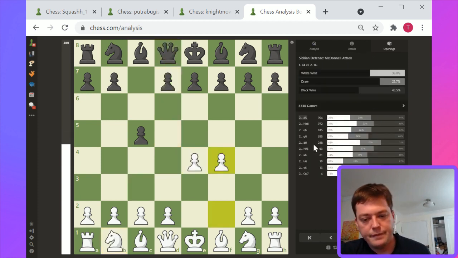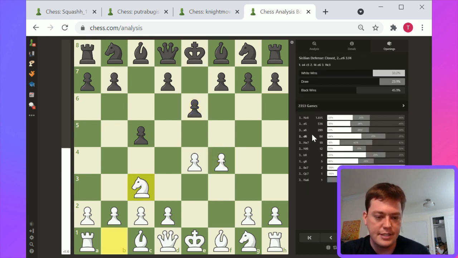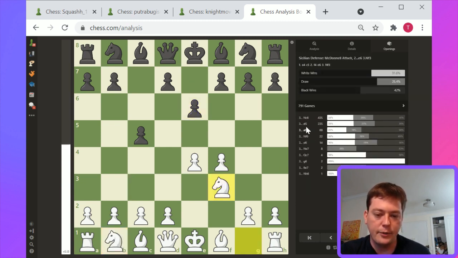So I don't know. There are other lines here. E6 and knight c3 transposes it back into a Grand Prix attack. Knight f3 makes a lot of sense here, although it allows d5 again. Knight f3 is good. One of the main advantages of the closed Sicilian with the Grand Prix attack and also